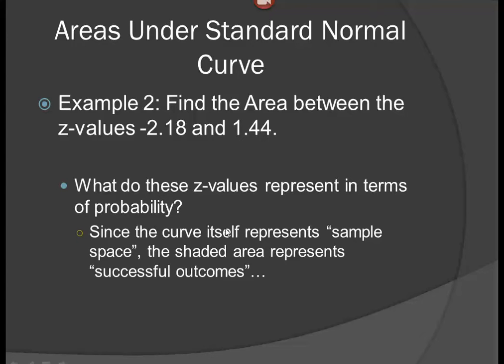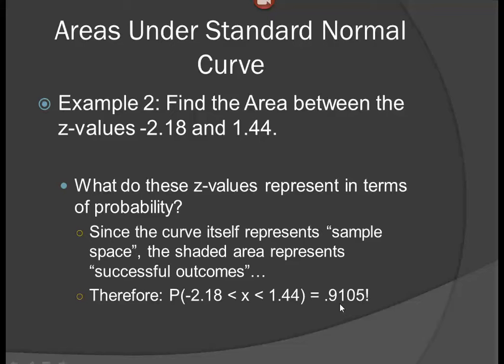Since the curve itself is representing my sample space, meaning all possible outcomes, the shaded area actually represents successful outcomes. Remember, successful outcomes divided by the sample space is measured as a probability. So the probability that my value x is going to fall between negative 2.18 and positive 1.44 is